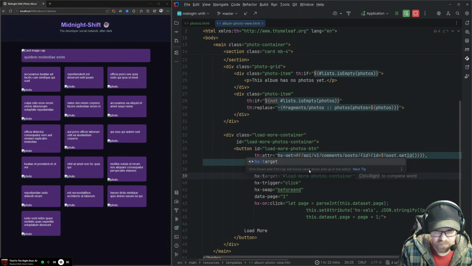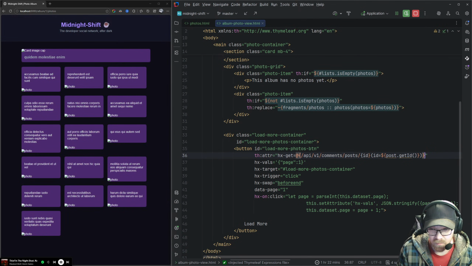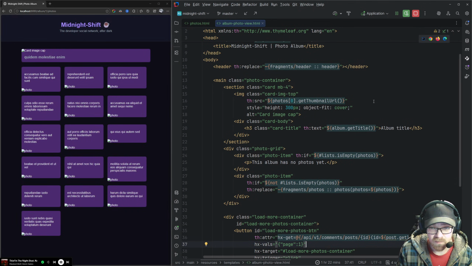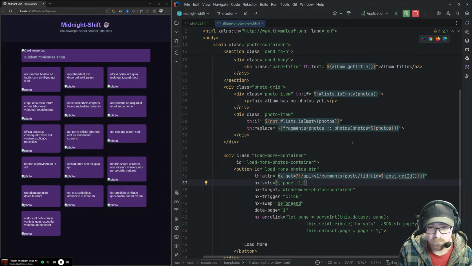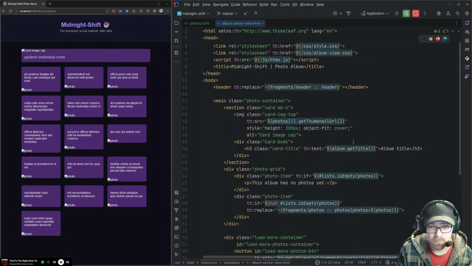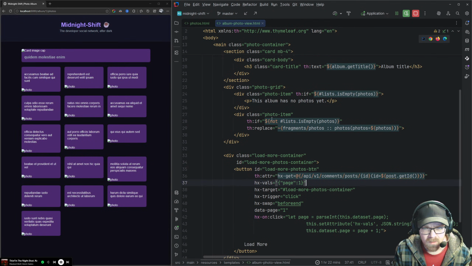Actually just tell this the proper thing here, so I don't actually need that, because that's just going to be that. I think I'm taking in the album ID. Yeah, no. Okay, so the photo grid is going to do all of this.